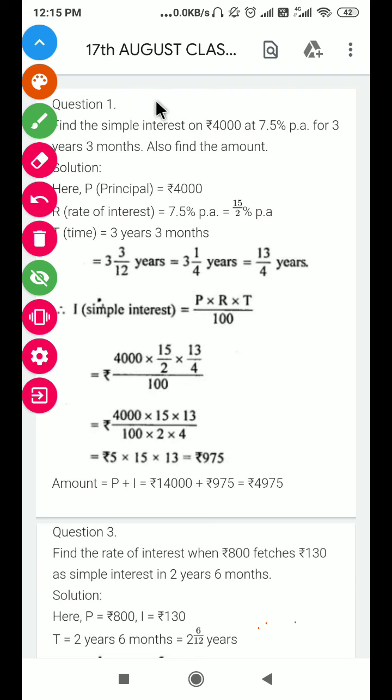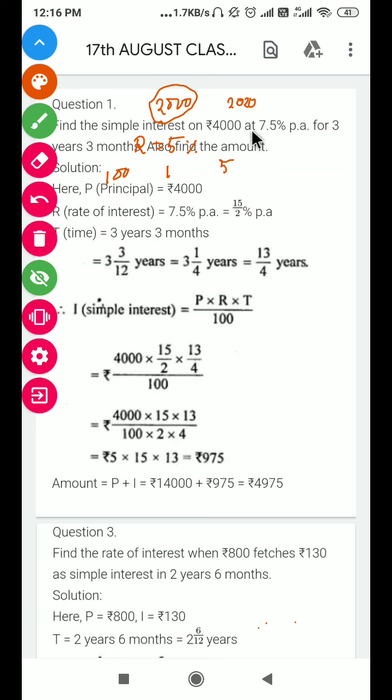Suppose you put 2000 rupees in your bank. After 1 year, this will be suppose 2020 rupees or 2030 rupees. These things happen. So why do these things happen? The bank will give you some interest on this sum of money. This is called the interest. So suppose a bank gives you 5% interest. That means if you put 100 rupees in your bank, after 1 year this will increase by 5 rupees. That means your amount will be 105 rupees.